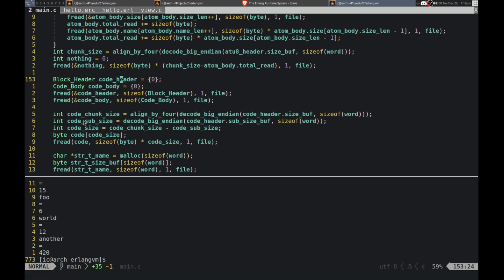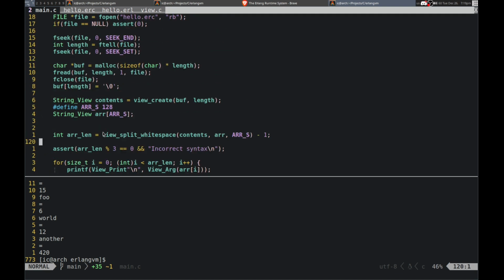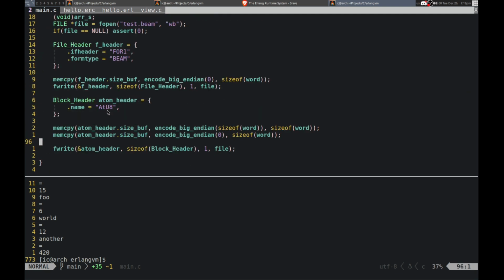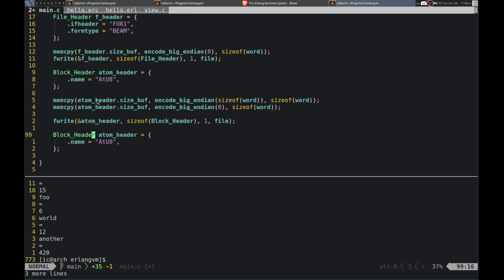So we read all that. Let's look at it, so we can make a block header now for that. What is this? Yeah, so make a block header for the code. Code header. It'll be called code. And then do the same thing.